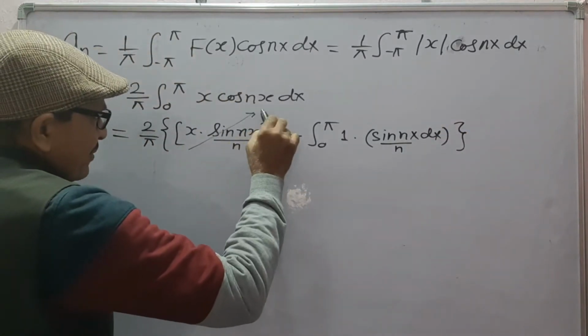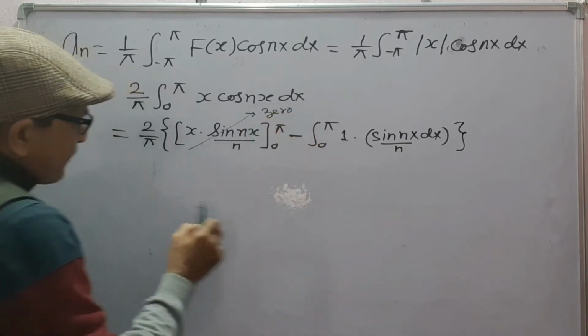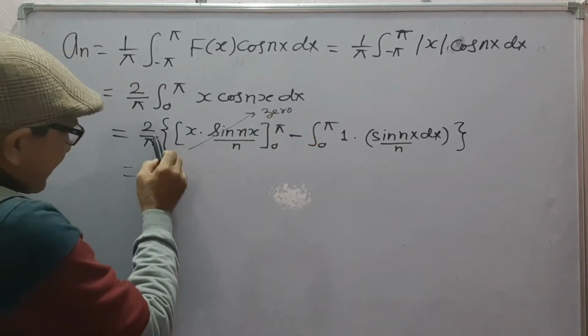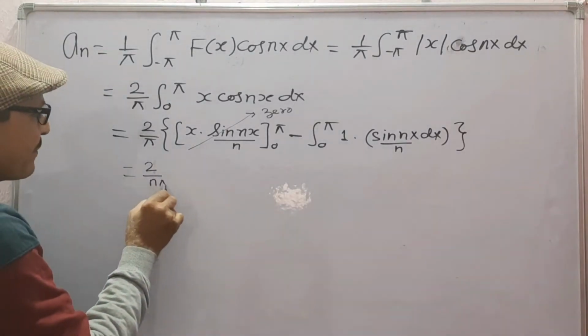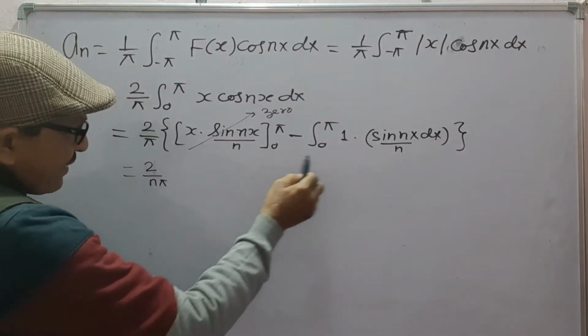This gives 0 for both limits, therefore we can write it as 2/(n pi), here n is common,